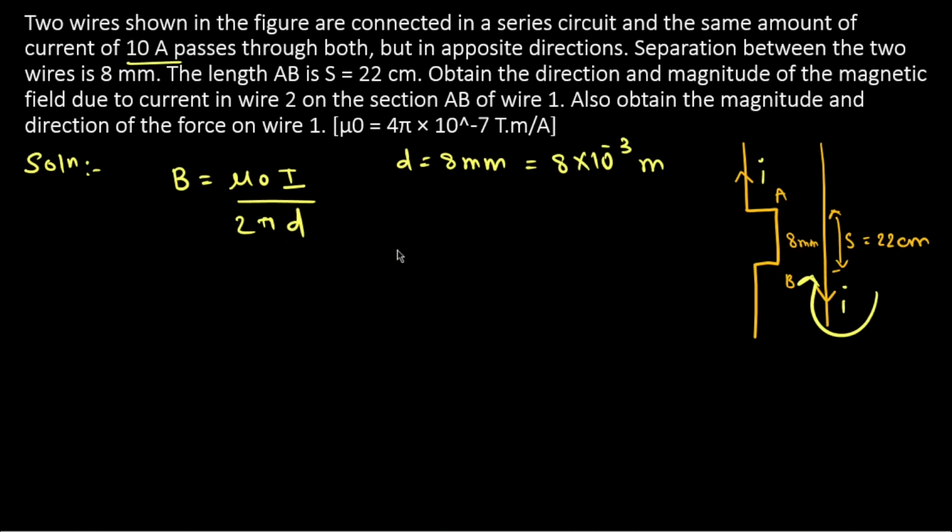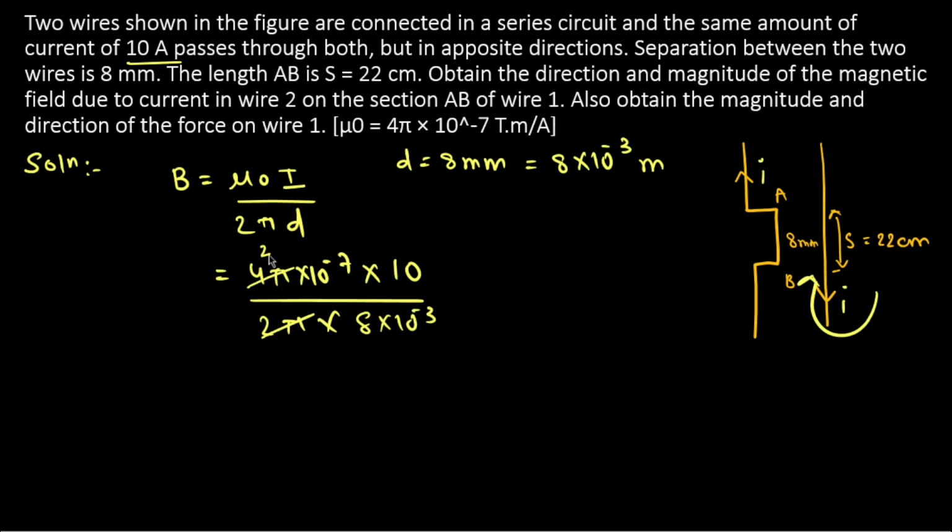So let's put all these values and calculate the magnetic field. Mu naught is 4 pi into 10 raised to minus 7, into current 10 ampere, divided by 2 pi into d, which is 8 into 10 raised to minus 3. So 2 pi and 4 pi get cancelled, and this becomes 2 into 4, and 4 divided by 10, that is 2.5. So this will come out to be 2.5 into 10 raised to minus 4 Tesla. This is the magnetic field due to current in wire 2 that must be experienced by wire 1